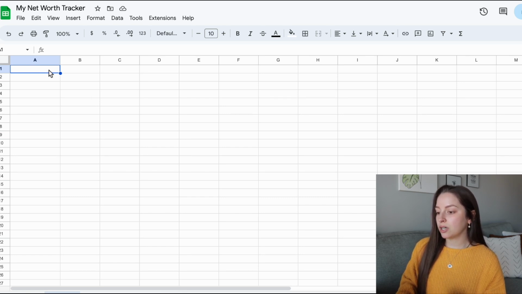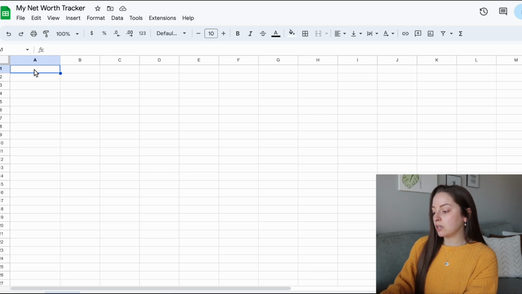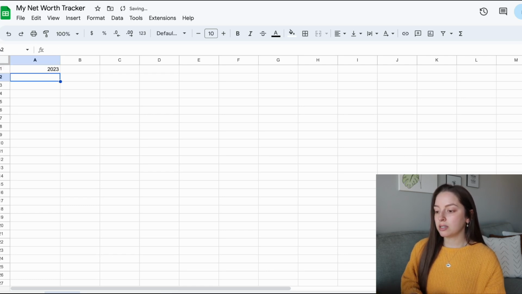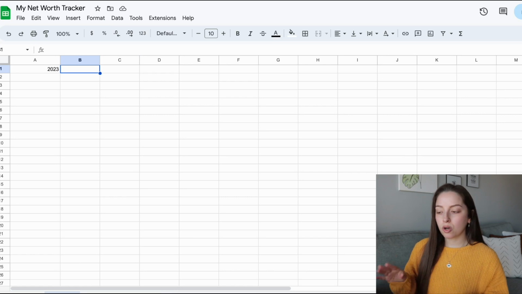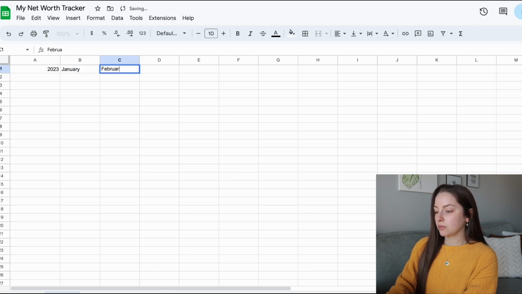And you can either follow along with me while doing this or watch things through and see what you would like to do. But let's just put the year at the top, and then we'll format things later. We're going to bold some items, we're going to make some cells larger, but for now, let's just get everything onto the sheet. First up, I'm going to list the months of the whole year, of course, and I'm going to do